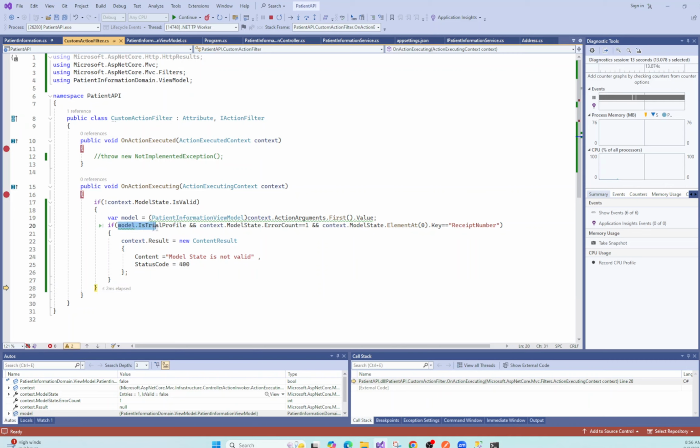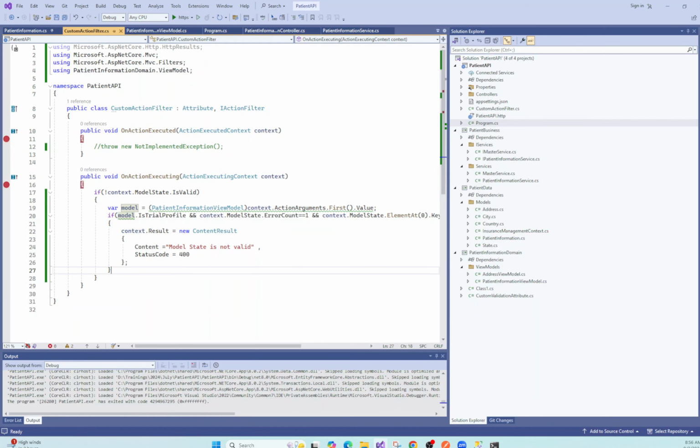So if the trial profile is true, error count equal to 1, and if it is at receipt number, I should say. Here what we are trying to do, context dot model state dot, if it comes false,